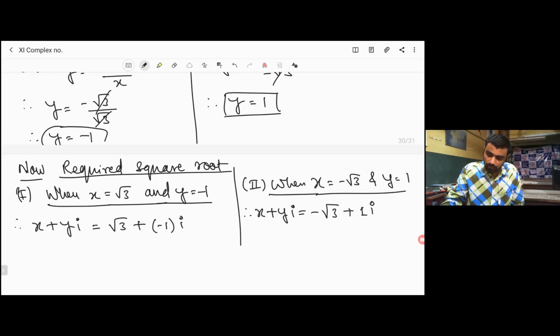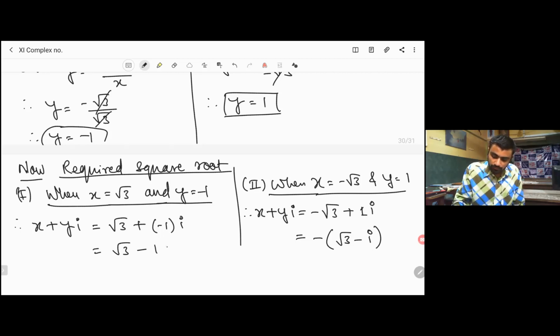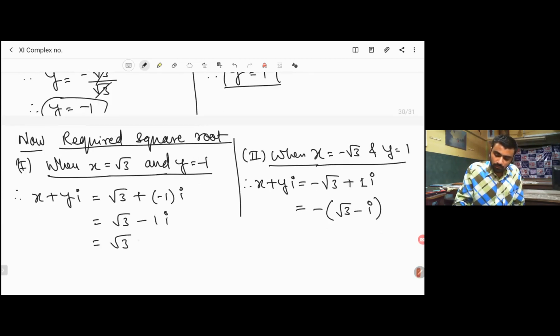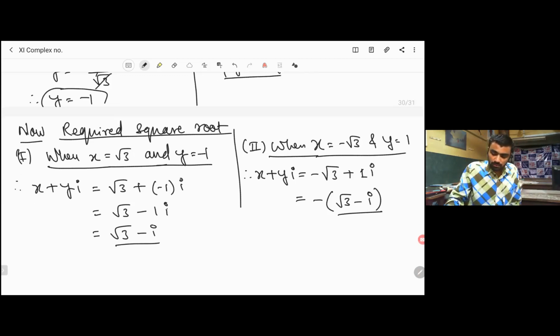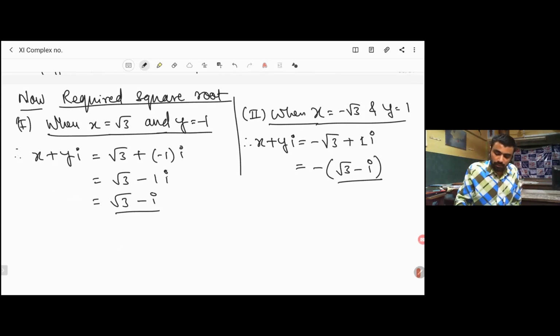अच्छा, अब मैं इसमें समझ माइनस कॉमन लेता भी हूँ तो क्या हो जाएगा? √3, ठीक है, -i, और यहाँ ये जो माइनस है बीच में मैं लेके इसको फर्दर सॉल्व करता हूँ। दिस इज बिकमिंग √3 minus 1i, and that is nothing but √3 minus i। तो ये है √3 minus i नेगेटिव एंड दिस इज √3 minus i पॉजिटिव। तो मैं दोनों को कंक्लूड करके लिख सकता हूँ,